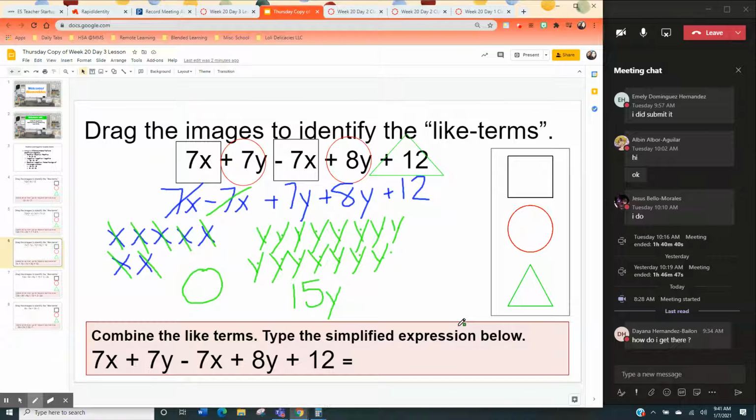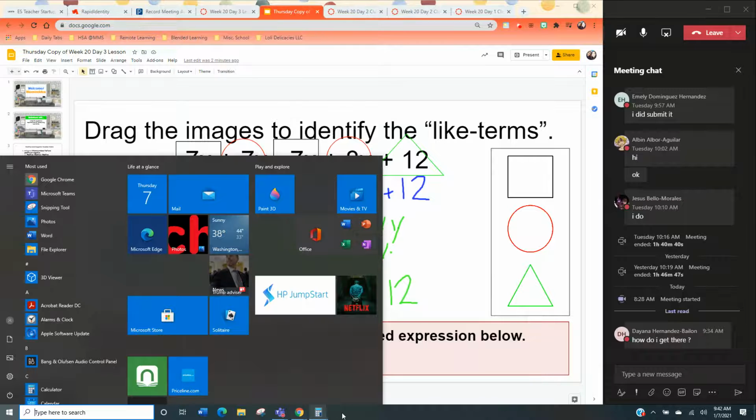So I'm left with 15y and plus 12. There's nothing for me to do with that plus 12, so I'm going to go ahead and just do plus 12. So if I had done that with my calculator and I start with